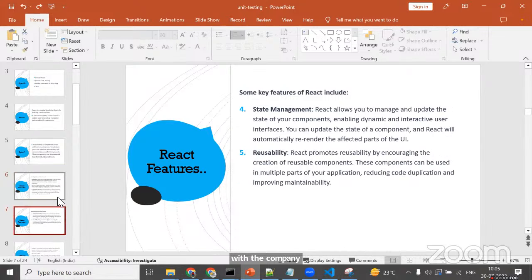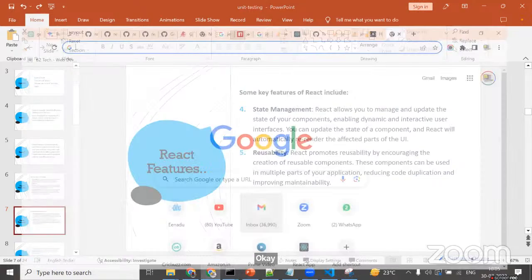Okay. Next one, state management. What does state management mean? Let's say you would like to pass data from one component to another component. Okay, let's say in our use case,